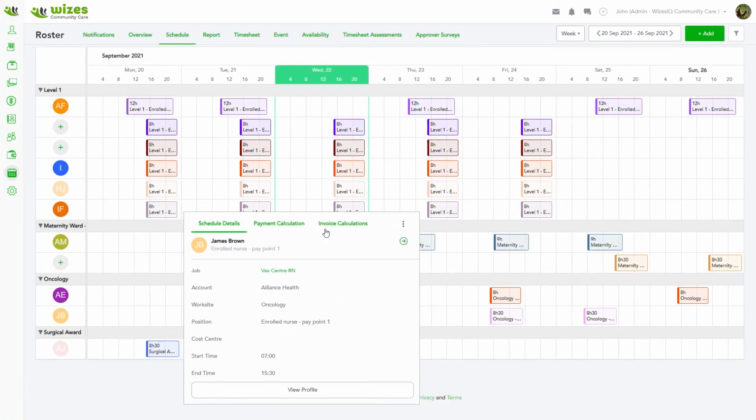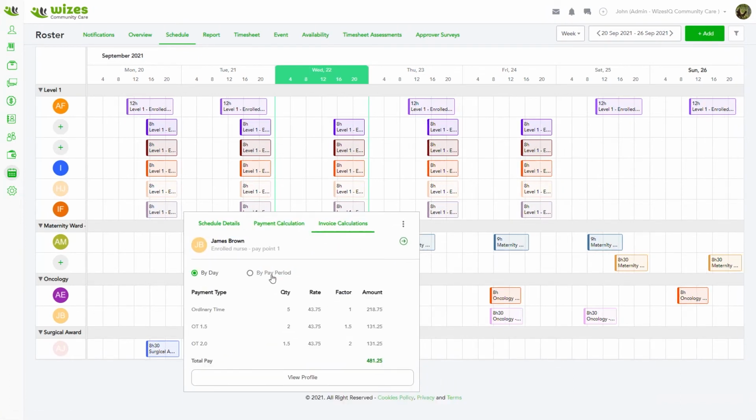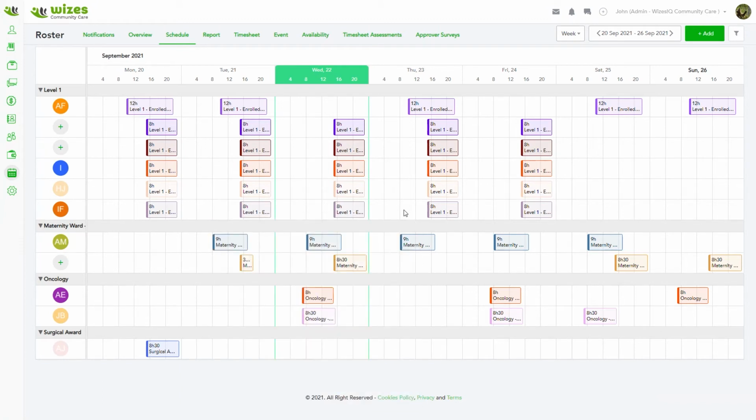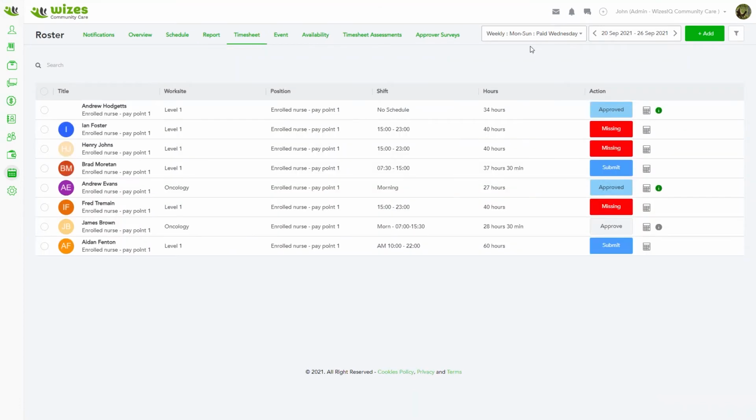Quite useful because even now you can already see what you're going to invoice the client for this pay, for this day and for this pay week, all available from within the schedule view. Likewise, you can view your timesheets in here. So here we've got James Brown and we can see his timesheet sitting for approval. And we can also see he's got assessments on the timesheet because we've got this one green approved, these are yet to be approved. So as the approver,